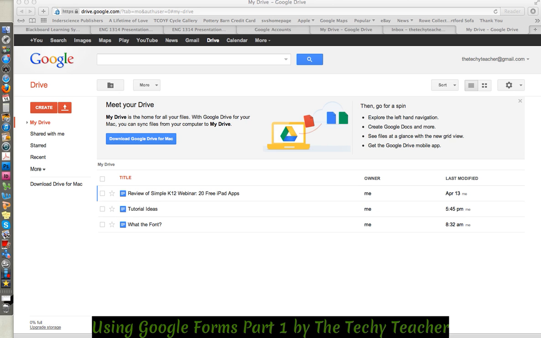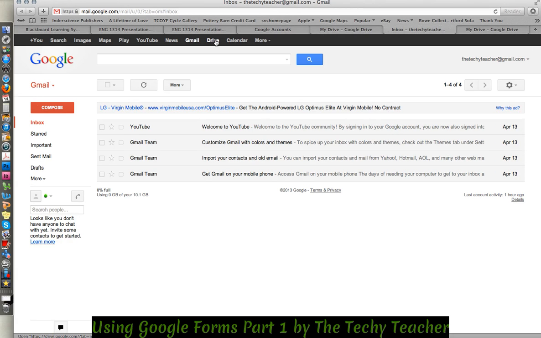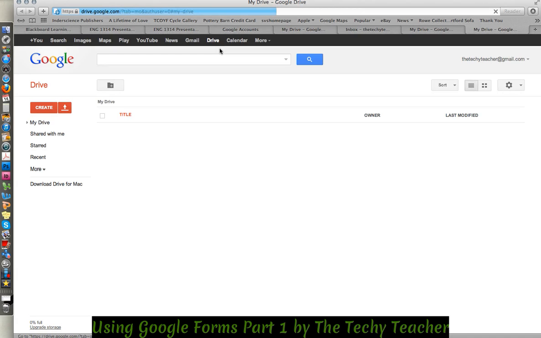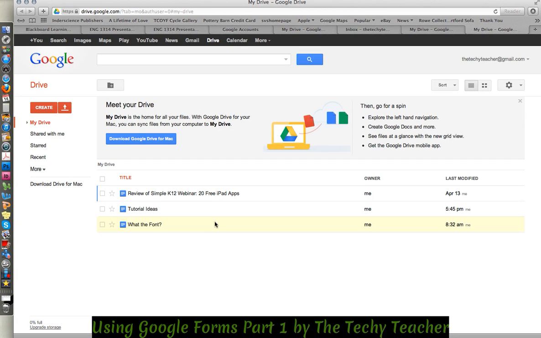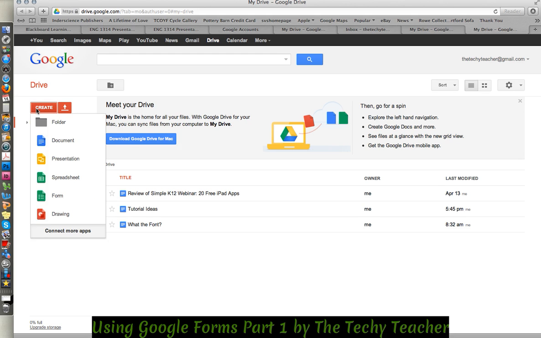So first you need to log into a Gmail account. I'm already logged in to my Gmail account, and in order to get to Google Drive, all you have to do is click on the Drive button up on top, and it'll take you to a screen that looks like this. Once you are in your Google Drive, you're going to go over to the red Create button. When you click on that, it gives you a lot of different options. I'm going to do other tutorials on how to use these, but for today we're going to scroll down to the one that says Form. You want to click on that,